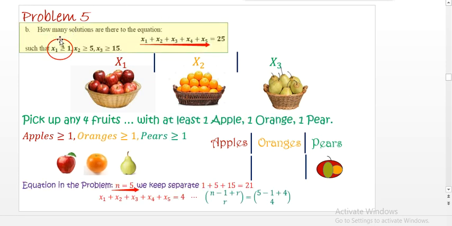Similarly, I have to choose 5 of x2. So 1 of x1, 5 of x2. So 6 objects I have separated, and then I need 15 of x3. So 1 plus 5 plus 15, 21 objects I have to separate. I have no choice. I have to carry them in any case. So these are not in my choice. Just like in the previous example, I had to choose 1 apple, 1 orange, 1 pear. Now I have to choose 1 x1, 5 x2, and 15 x3. Compulsory, because